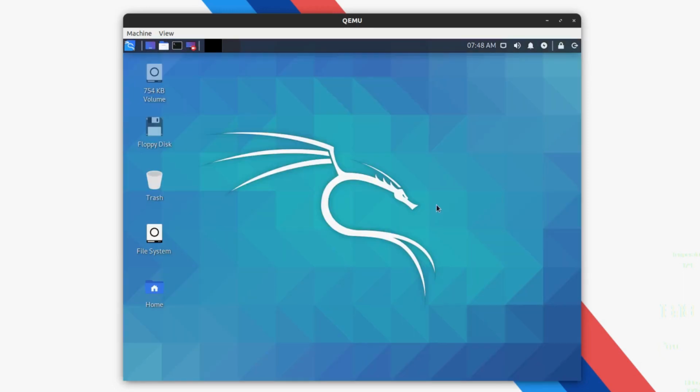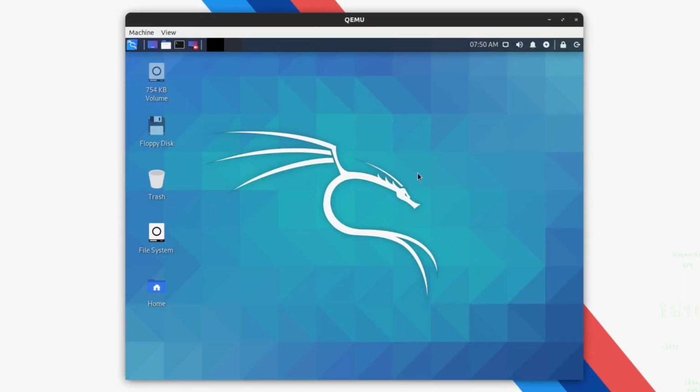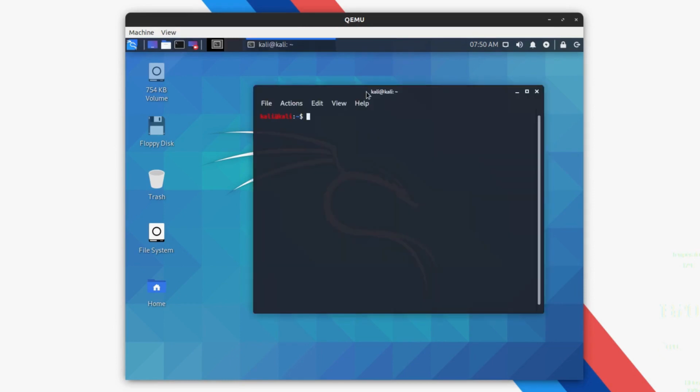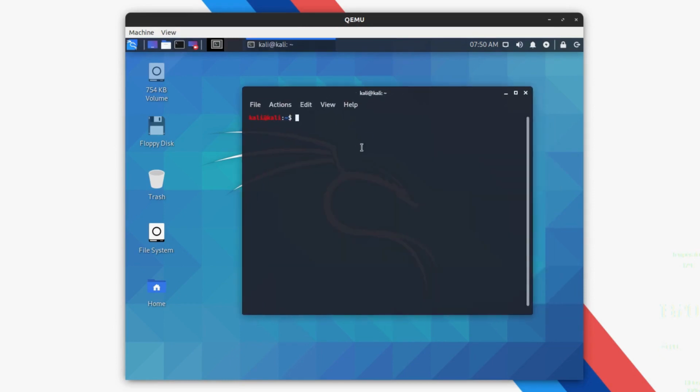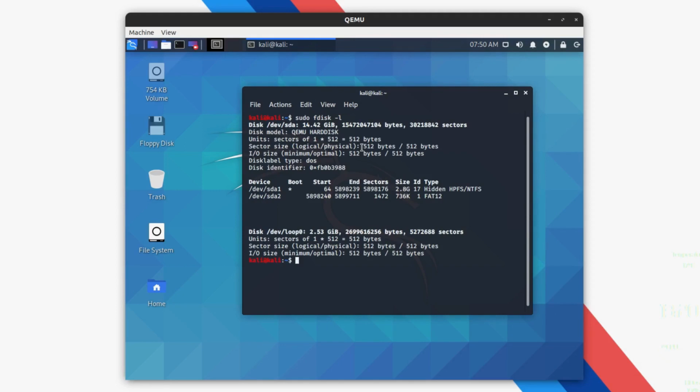So Kali Linux is booting up. You can also do the same thing by simply plugging in your USB drive and booting from that USB drive. To make things easier, I'm just booting it directly in my Ubuntu. So this is Kali Linux up and running. Now you just want to open up the terminal, and inside this terminal again run the same command, that is sudo fdisk -l to list all the available disk drives. So this is our pen drive, and the name of the pen drive is now /dev/sda, and it has two partitions, sda1 and sda2.